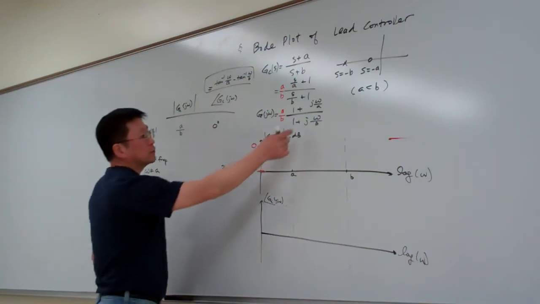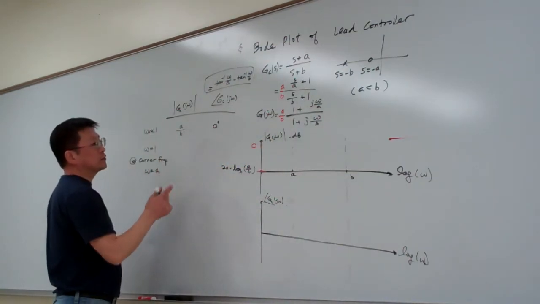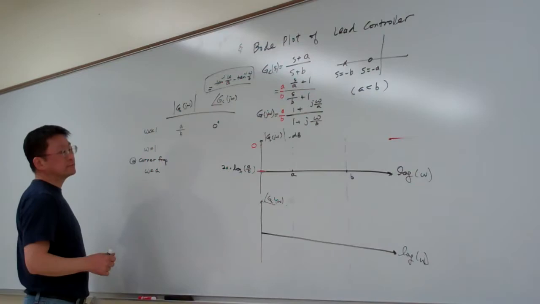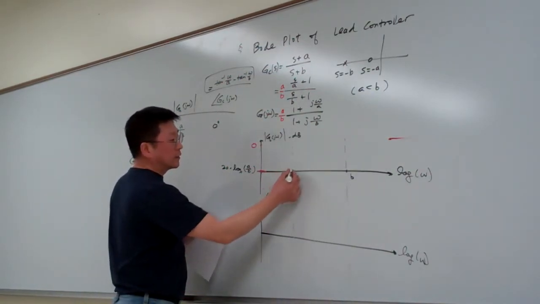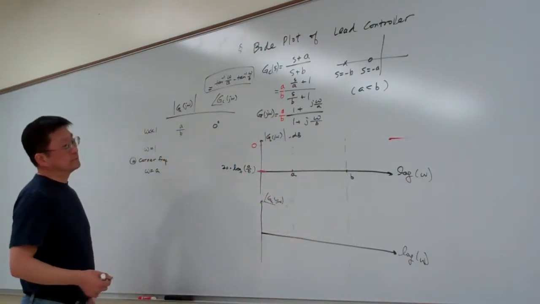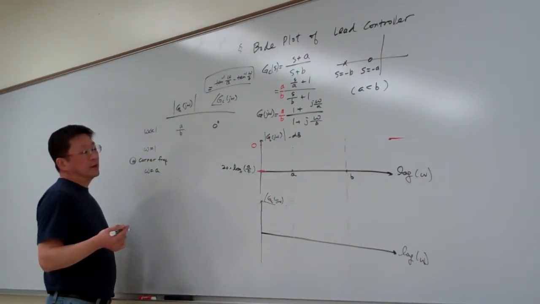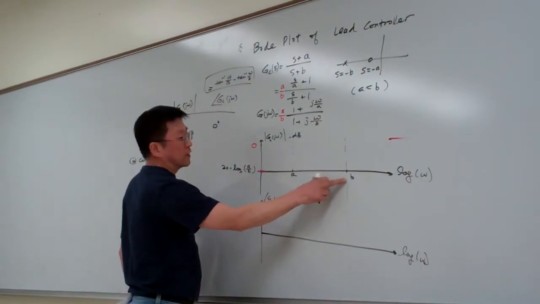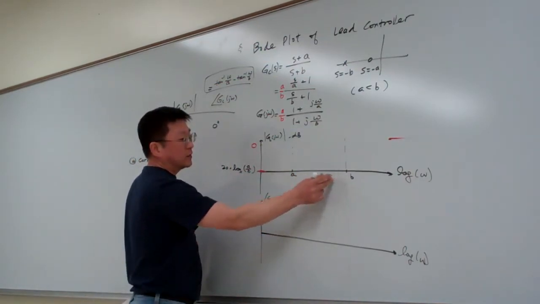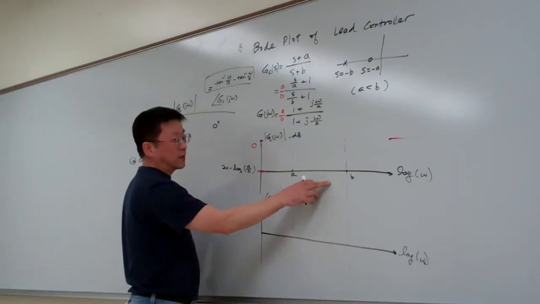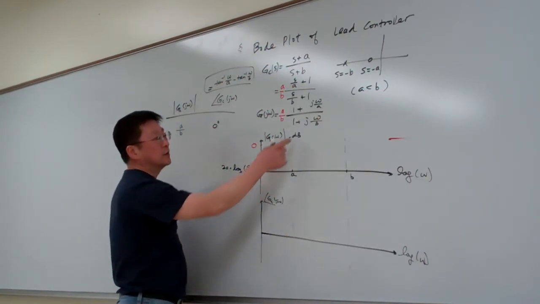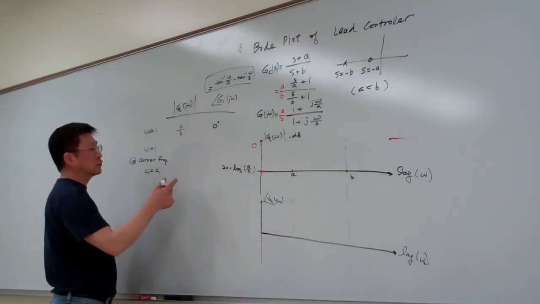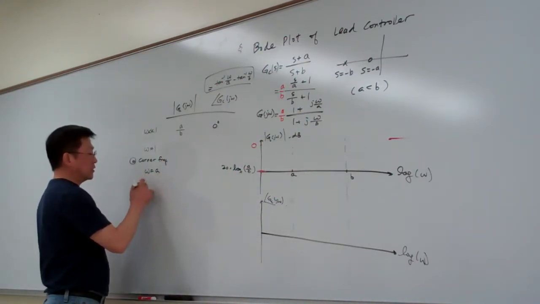So when omega equals A, the magnitude is equal to... assuming A and B differ by at least an order of magnitude. So assuming that, for this case, at this frequency here,